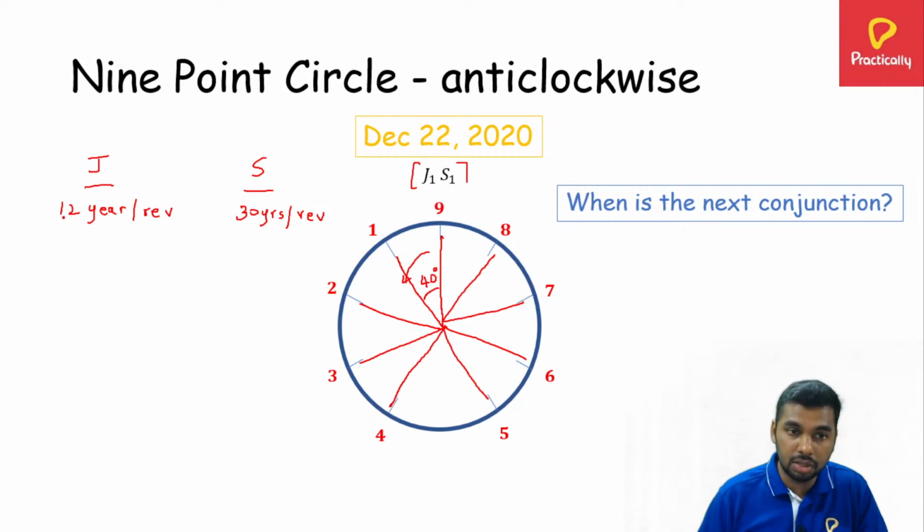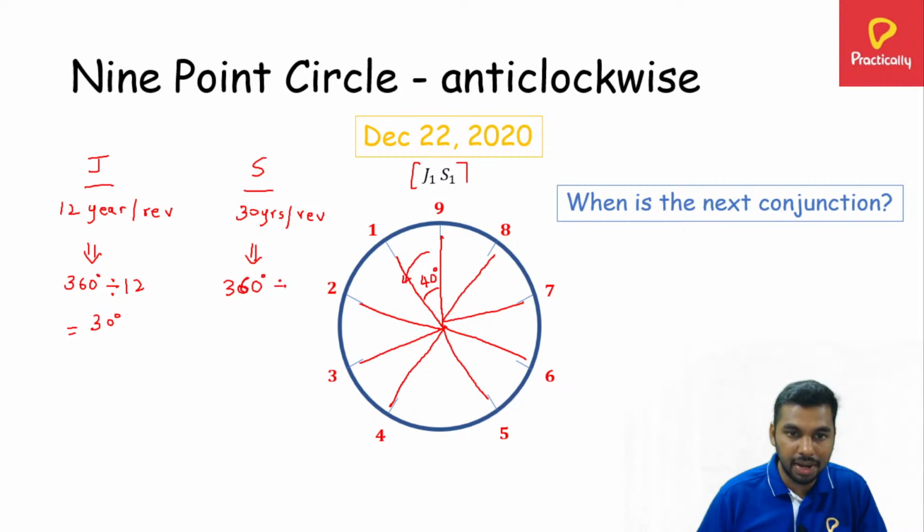If you divide 360 by 12, it's very easy to divide. 360 divided by 12 is nothing but 30 degrees. So that means every year Jupiter goes 30 degrees in the anti-clockwise direction, and Saturn is going to go